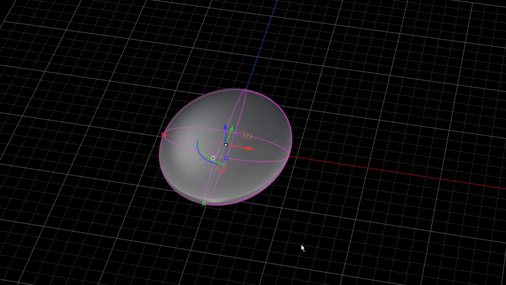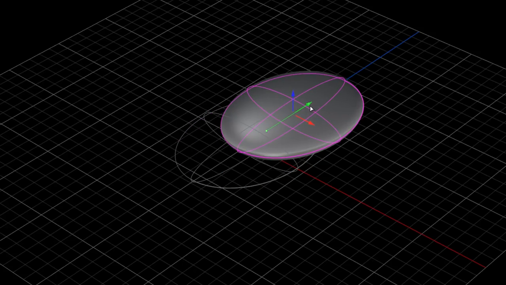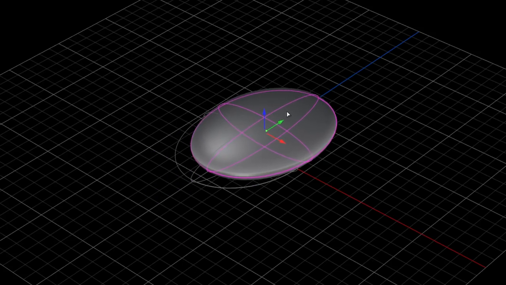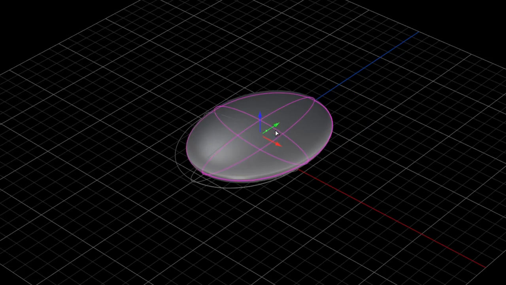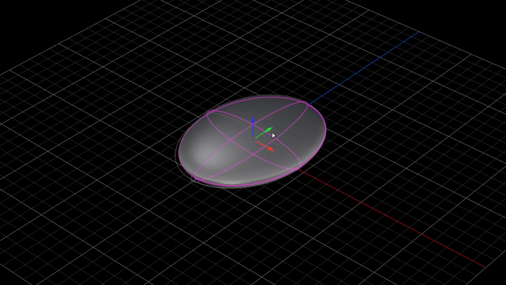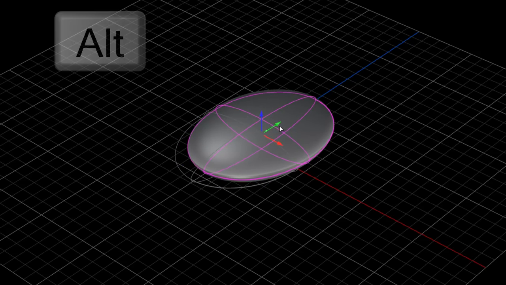One of the other things that has changed with Rhino 5 is that when we are moving an object, previously in Matrix and Rhino, if we held down the Alt key, we would make a copy of the object. However, in Rhino 5, they have changed this up ever so slightly. So with the new version of Matrix, instead of holding down Alt, you simply tap the Alt key once,